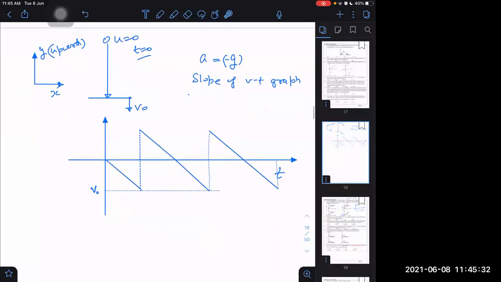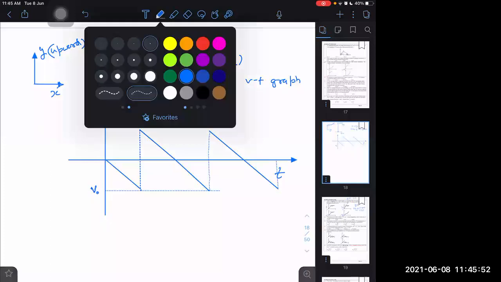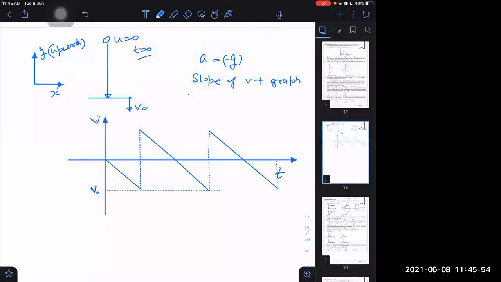See, velocity versus time graph will be like this. If I have dropped a particle, I have to start with 0 velocity, but slope is negative because acceleration is minus g. So from here, if I take a negative slope graph, it will go like this only, or not? Yes, sir. It should be a straight line with negative slope. So there is no other way to go. I have to go this way only.